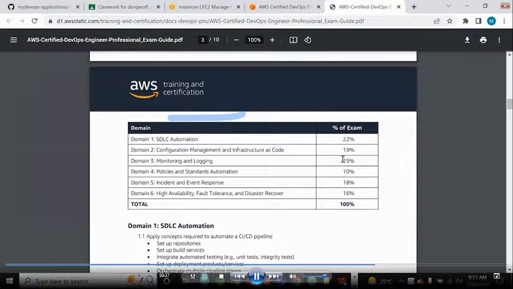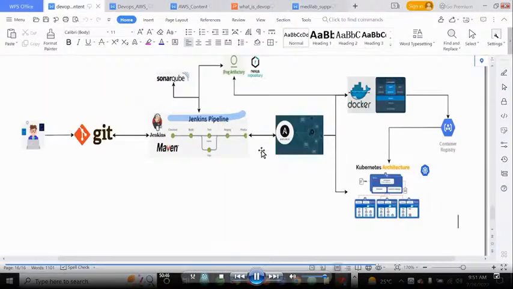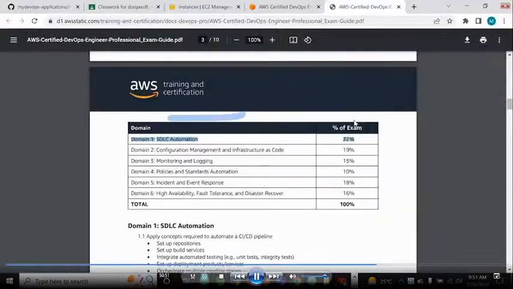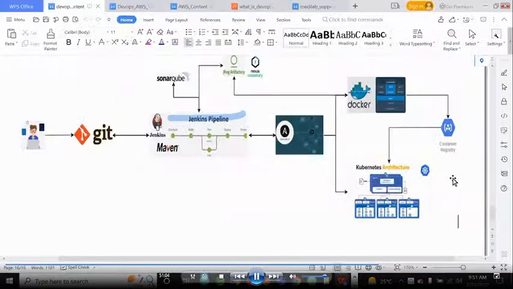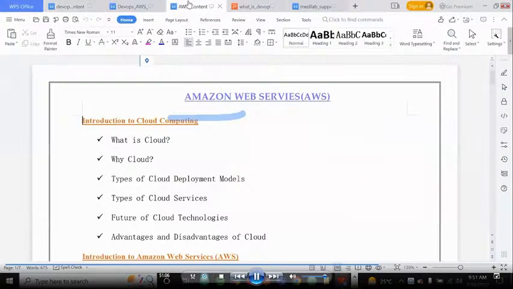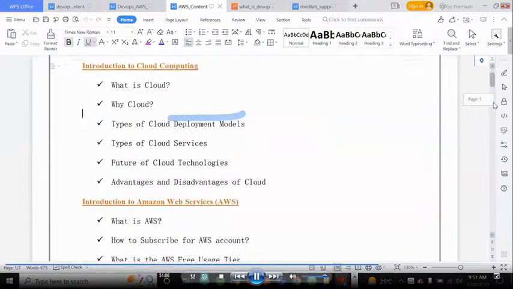Here, if you can see, the majority is given for the SDLC automation. That means whatever we do here, this automation, the majority of the questions they will ask on this automation. And then configuration management and infrastructure as code, 19%, a very huge scope is given for it. So for this infrastructure as code, we are required to have the experience or knowledge